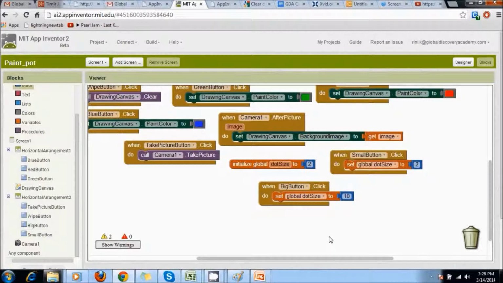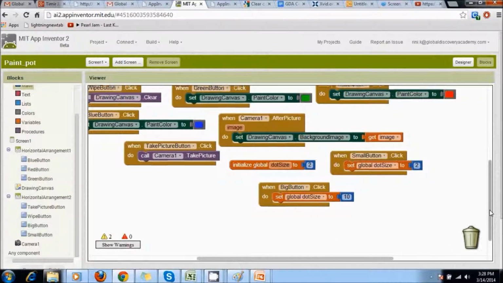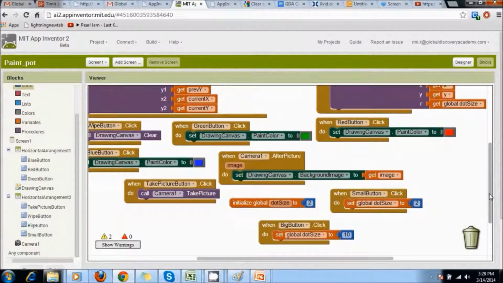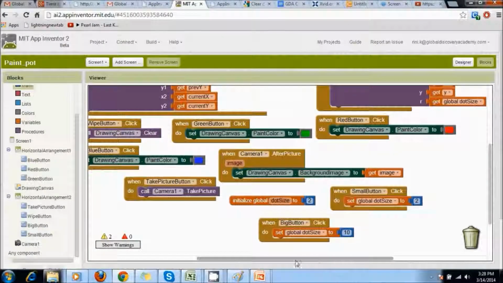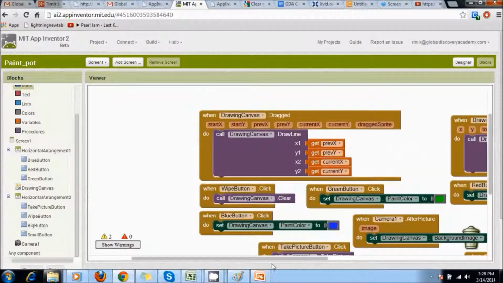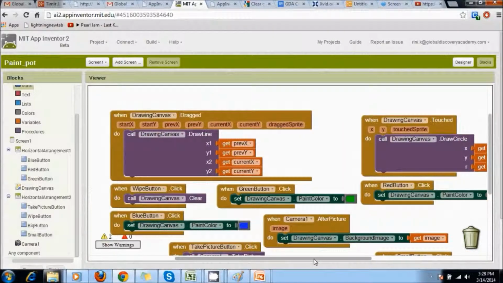The global in the get and set refers to the fact that the variable can be used in all event handlers of the program globally. So there you go, that is your complete PaintPot app. All of the options which we were looking for in the flowchart are completed here, and you can go ahead and test your app now.